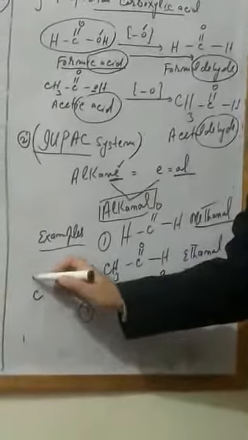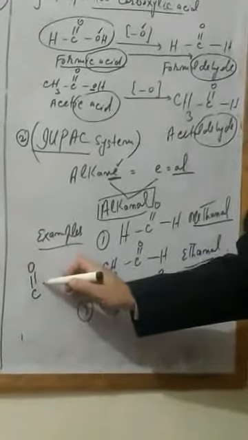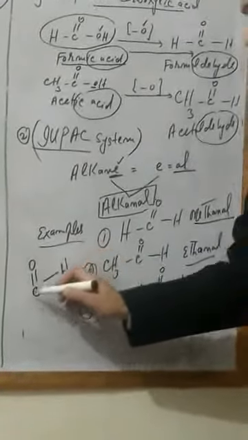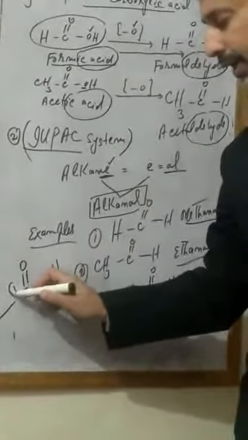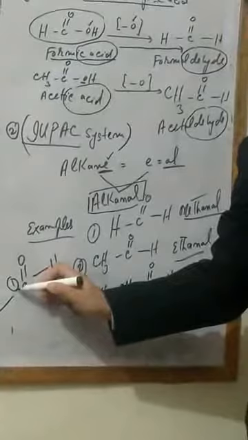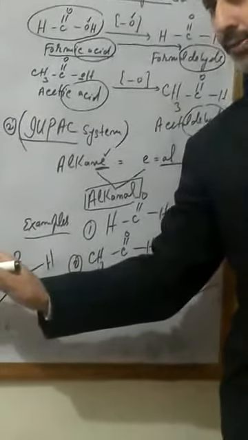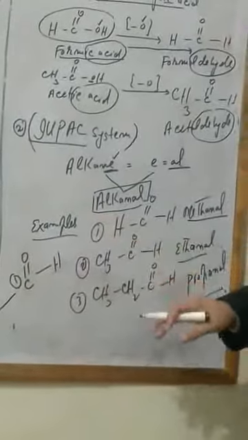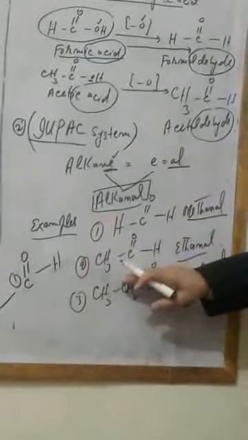But one point you should keep in mind is that you have to always start from the carbonyl carbon as position number 1. You have to start from here and select the longest continuous chain. And the rest of the rules are exactly the same as for alkanes.